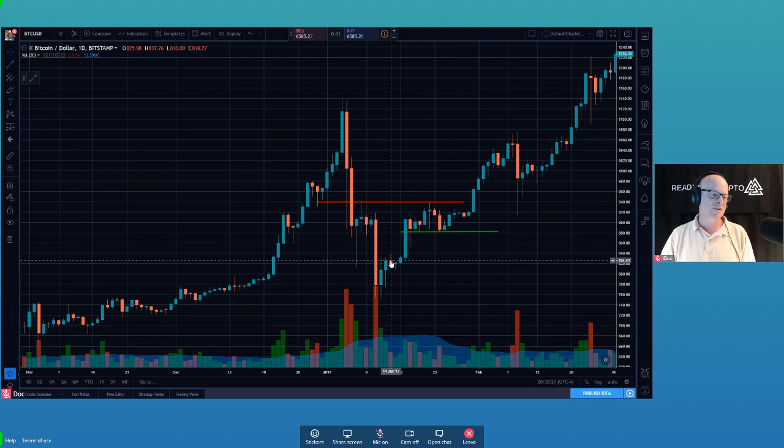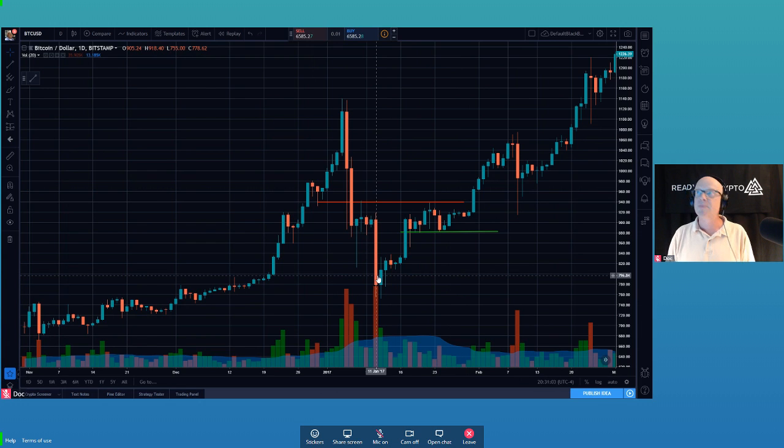Everybody got shaken out back here. Everybody got convinced that it was all over. Look at the volume coming in. This is people panic selling. People that bought in here at 1,000 or 1,100 are all of a sudden panic selling out down here at 800. It happens every day. It happens in every instrument. It happened 100 years ago. It will happen 100 years from now. The same things that happen in financial markets will happen in perpetuity, forever, as long as human nature is involved. That's why it's really helpful to understand how herds make decisions.